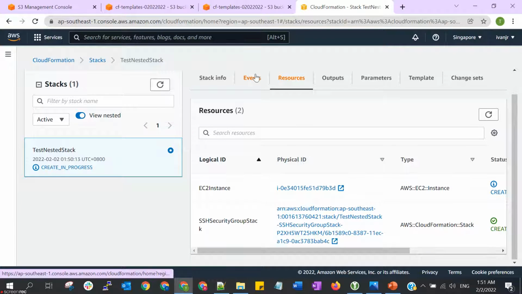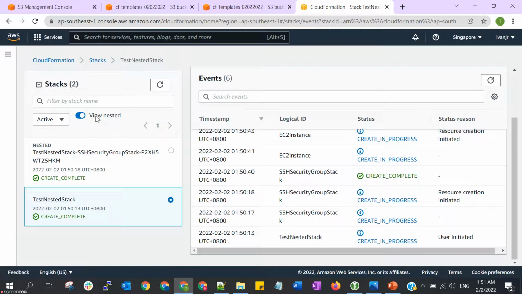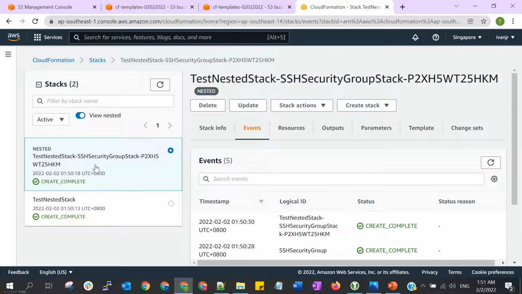Okay, let's see the events now. We can enable this toggle as well to view the nested stack. This is the nested security group stack. So both are already create complete now.